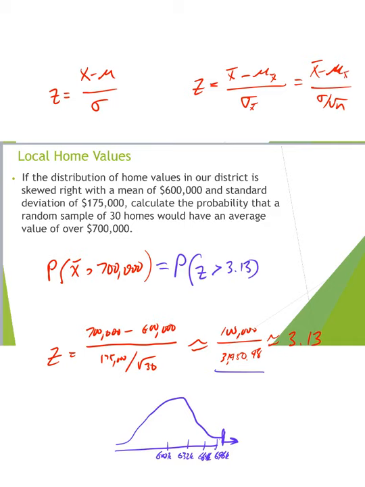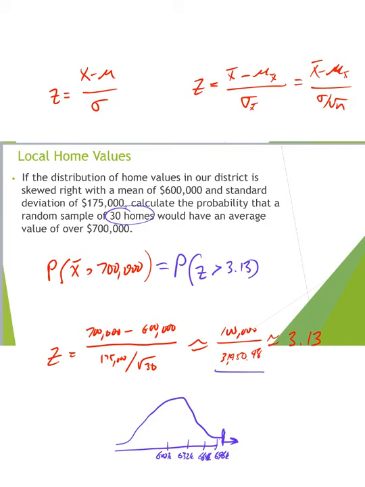Now again, what happened here is because we're talking about 30 homes, it's much less likely that an average of 30 homes would be this much over the mean. To find a single home that's this much over the mean would not be rare at all, okay? But now we're talking 30 homes at a time, and so you might have some very expensive homes in there, but you're also going to have some $300,000 or $400,000 homes in there as well, so it would be much less likely for us to actually get 30 homes to have an average home value that's $700,000